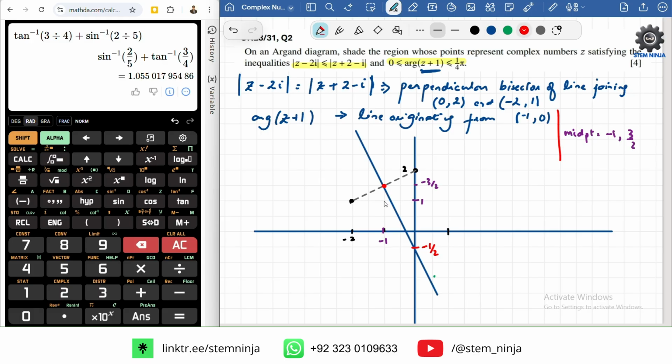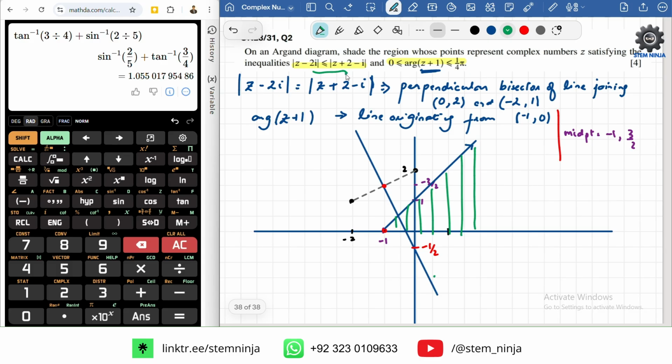So it's originating from right over here, so it goes between 0 and pi by 4. So the pi by 4 line will go from right over here. This is your half line. So the region between this is the region,